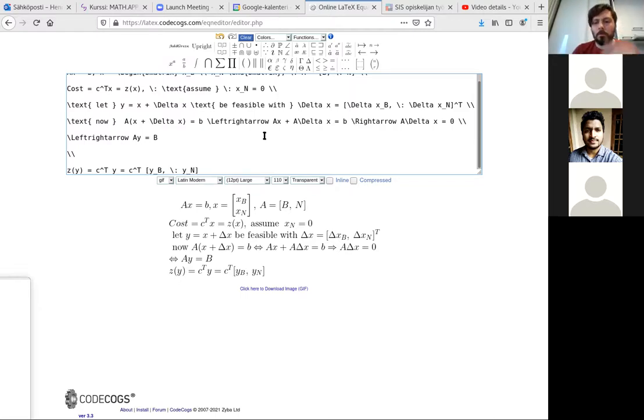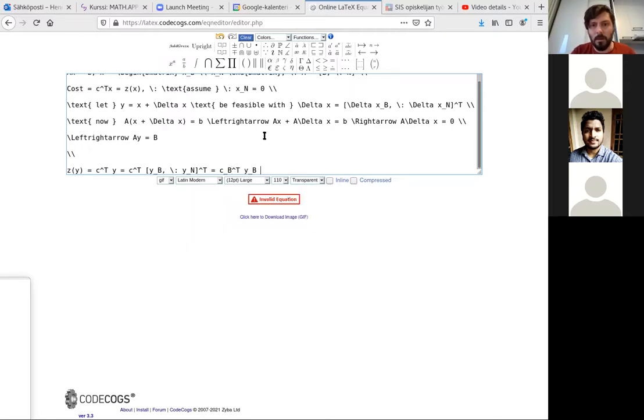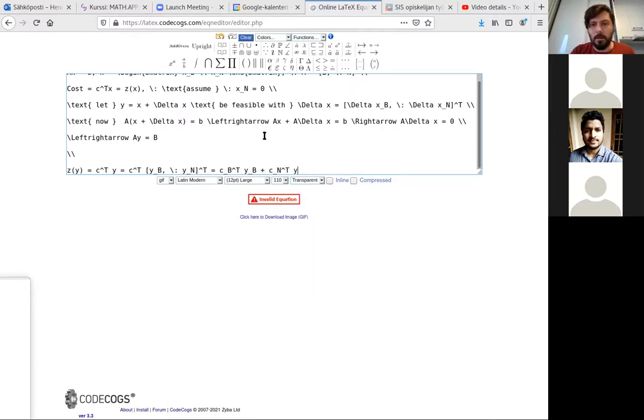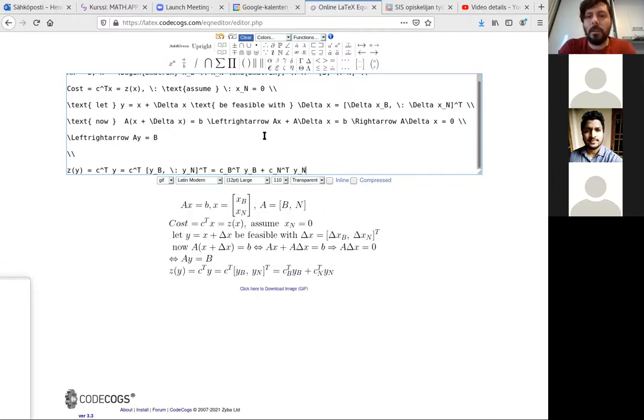So we're multiplying these, and we can split this c also into this B part and then this N part. So this becomes c B transpose y B plus c N transpose y N. Okay, so there is the part in y which comes from the cost that is in the basic solution,